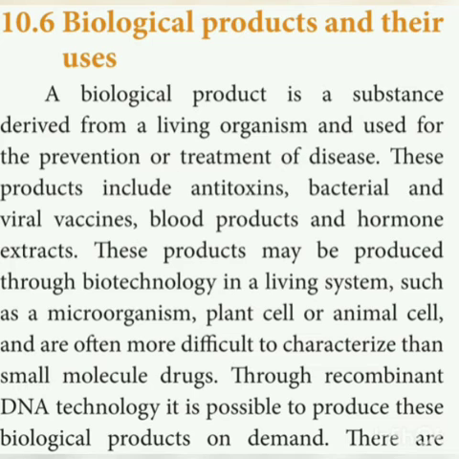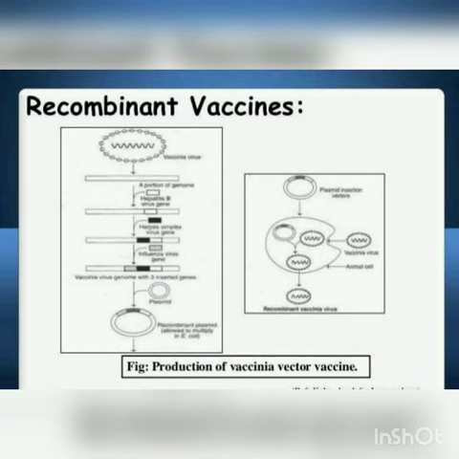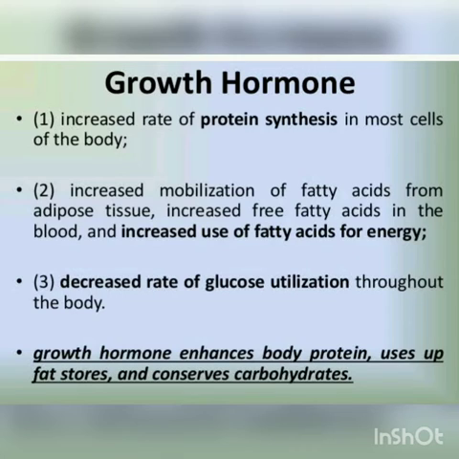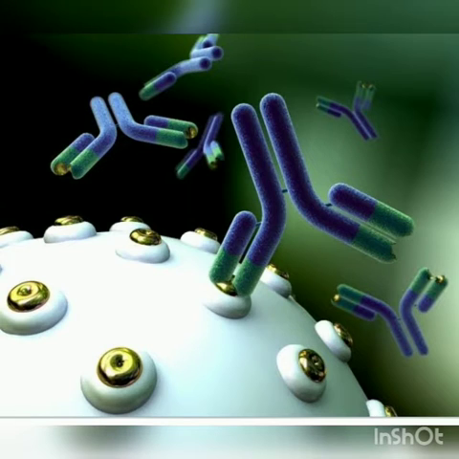There are many types of biological products. They are therapeutic proteins, monoclonal antibodies, and vaccines. Recombinant hormones like insulin, human growth hormone, recombinant vaccines, and recombinant proteins like human alpha-lactalbumin are now available today. And then monoclonal antibodies, which are used to treat cancer, heart disease, and transplant rejection, are produced by this biotechnology.